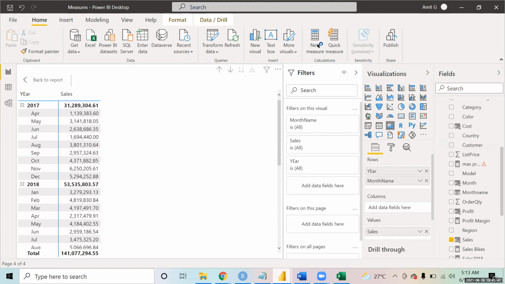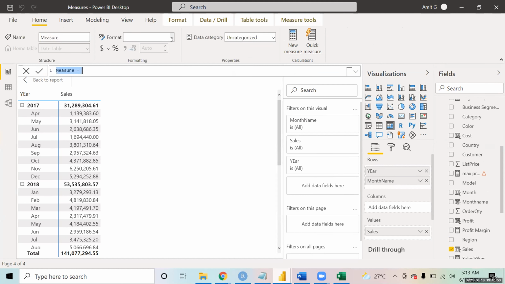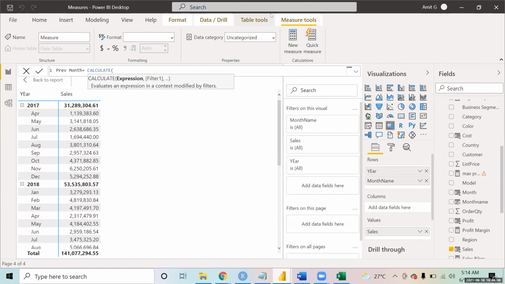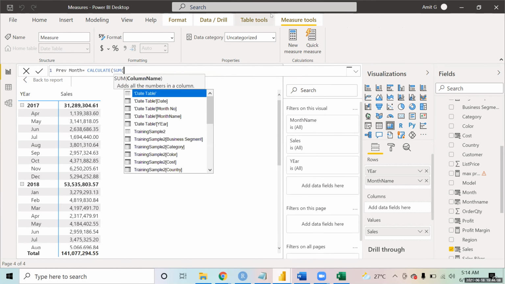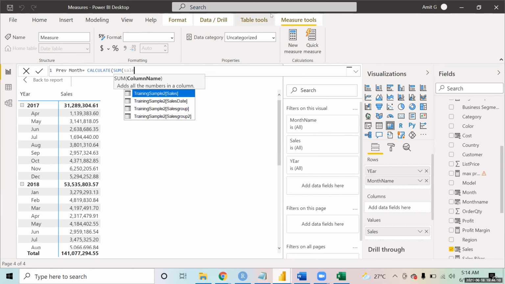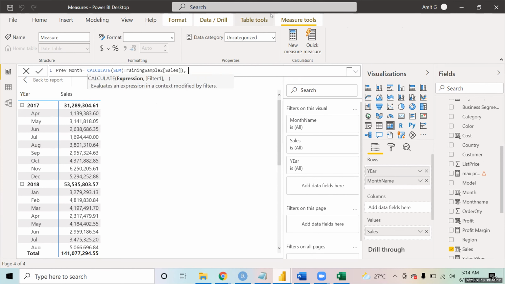So if you make a new measure over here, we can call it previous month, and over here we can calculate the sum of sales, and we use the previous month formula.